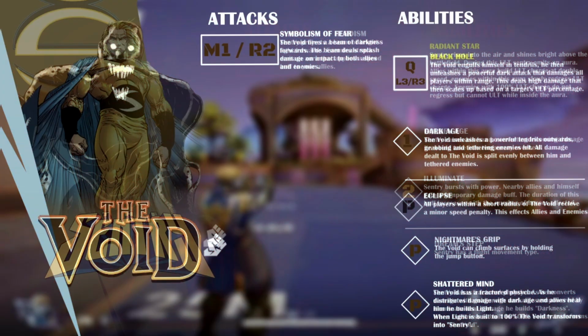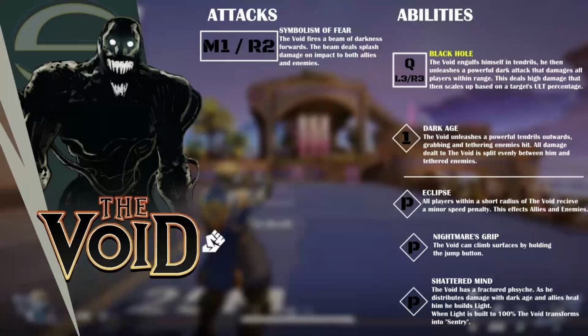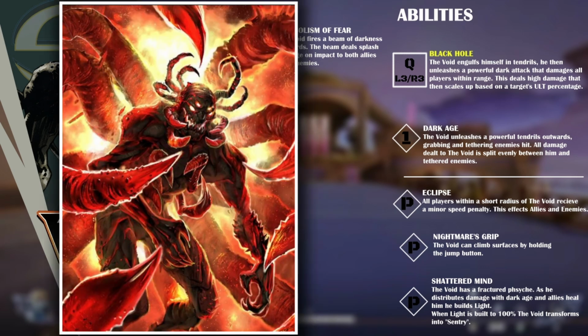The Void can instead trigger Black Hole. This has the Void engulf himself with tendrils before unleashing a powerful dark attack that damages all players within the set range. So you really need your allies to get out of the way here. This damage is